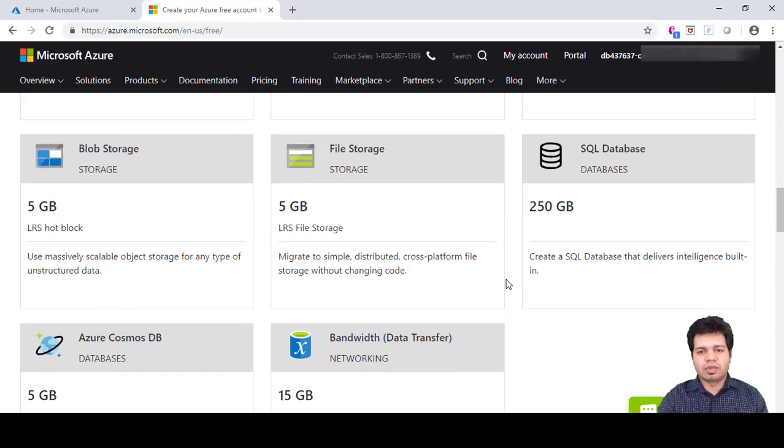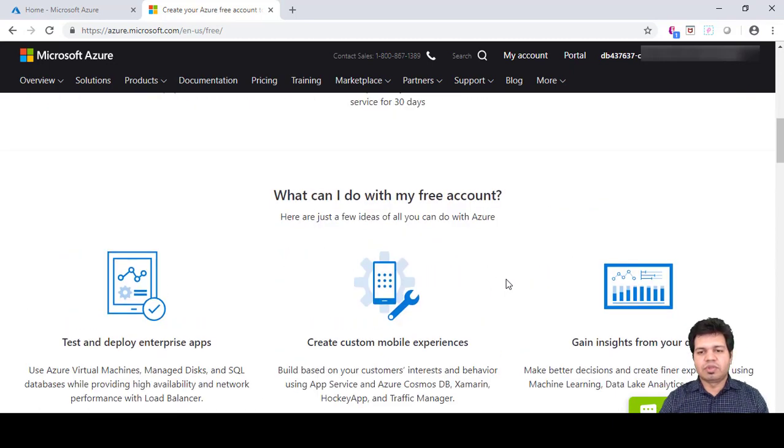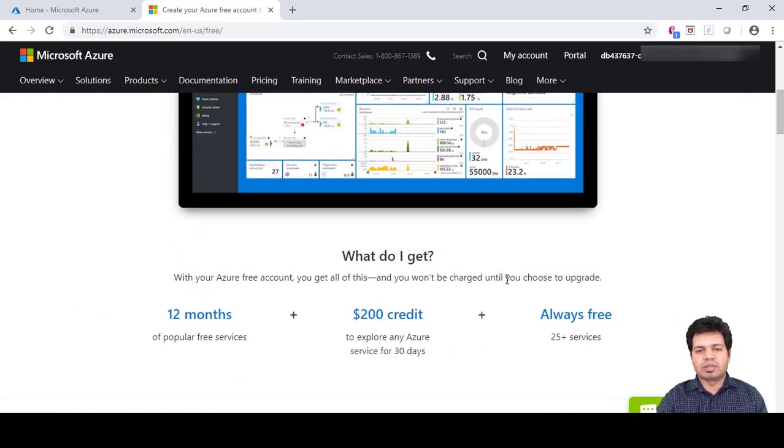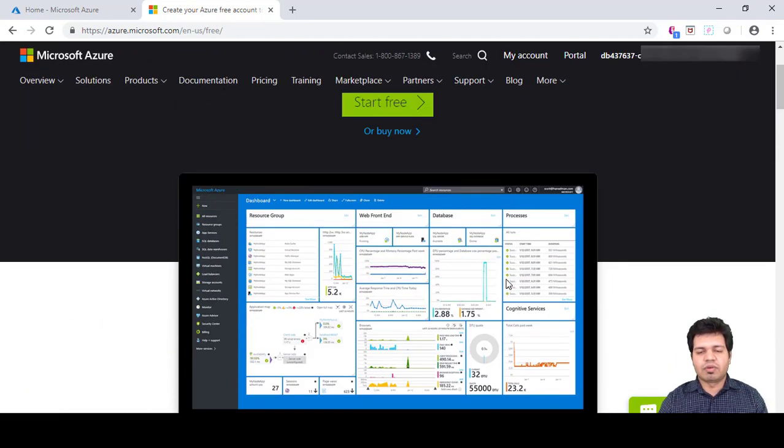So in case you are new, you can utilize this particular offer from them. Or you might have a corporate account. Using the corporate account, you can use the Azure services. For that you need to check with your company if they allow the